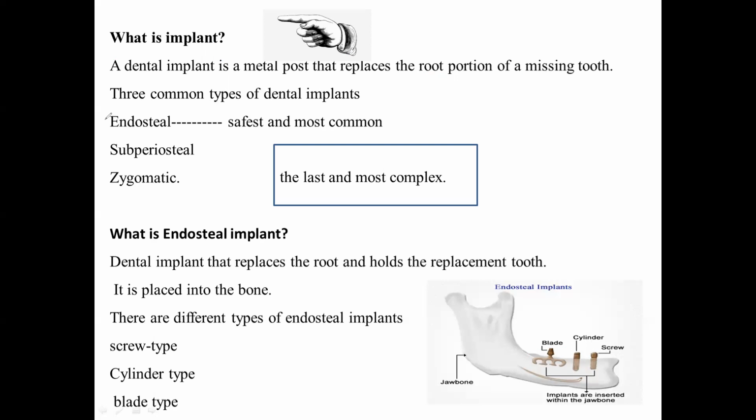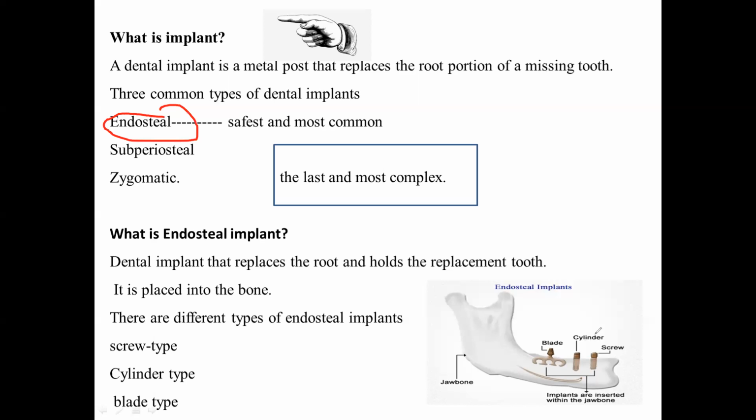There are three types of implants used in dentistry. One is endosteal, one is periosteal, one is zygomatic. But the most common and safest is endosteal that is used. Subperiosteal and zygomatic are least, the last choice of a dentist. I'll be just talking about the endosteal type of implants, and because we are mostly using them, what are these